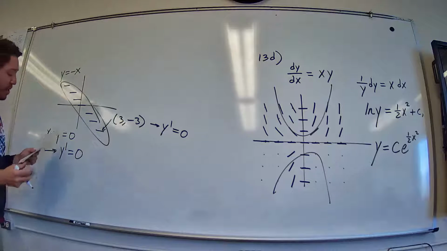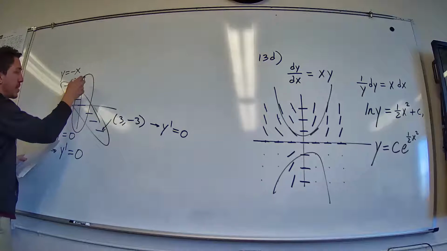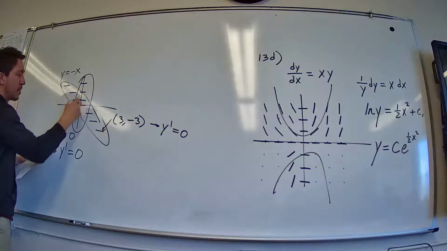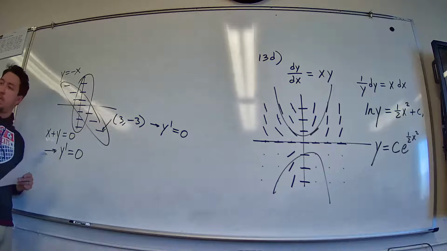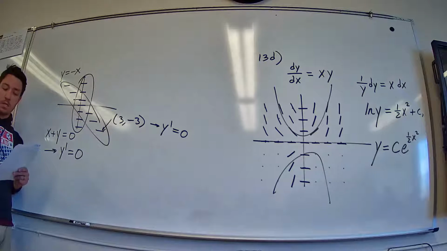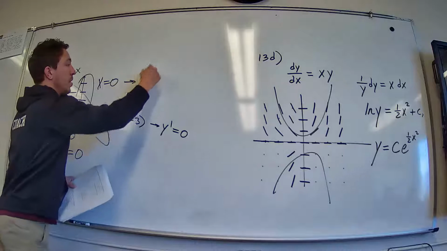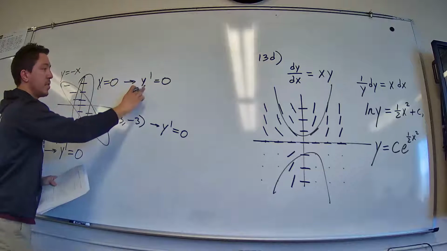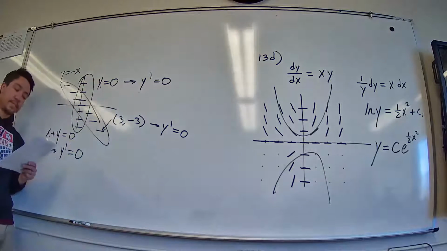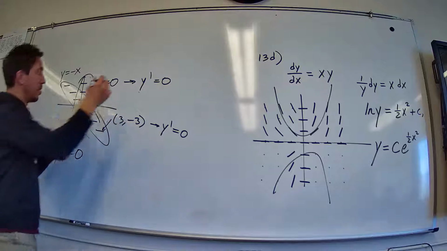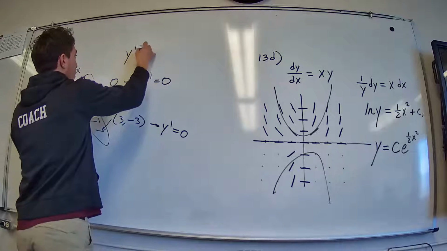And then one more piece of information: look at the y-axis. These also have horizontal tangent lines. So this tells me anytime x is 0, I also have a 0 derivative. So which one's the answer? B. It's got to be B. So the differential equation,